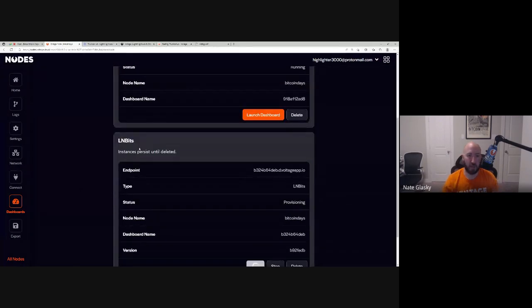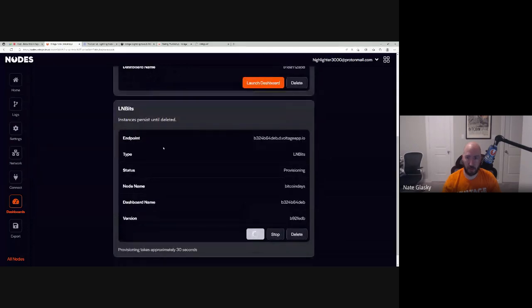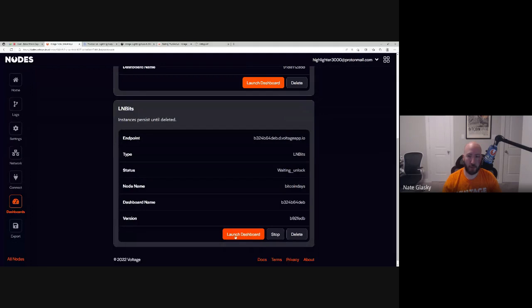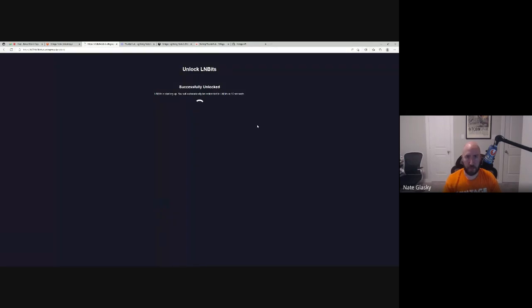So what we have done at Voltage to make it a little bit easier to make apps is to use webhooks. And webhooks are a much easier way to use the APIs. So you can see there's LNbits here, in dashboards under ThunderHub, LNbits. LNbits is free with all Voltage nodes. You can start that, and then this will give you pretty much the exact same functionality as the LND gRPC, but it will be in a webhook sort of way. So if you launch dashboard, you can put in your node password again.